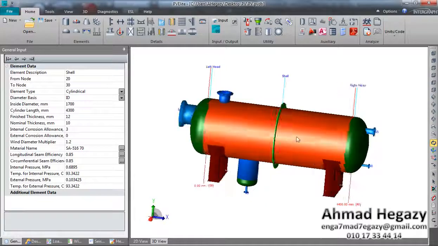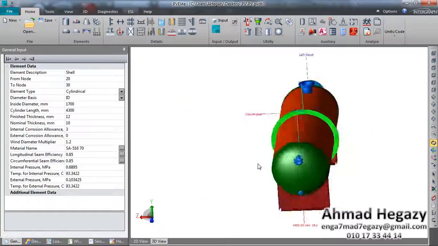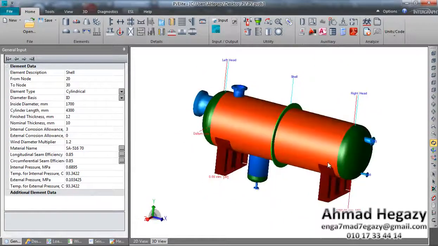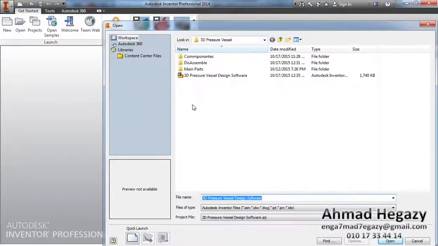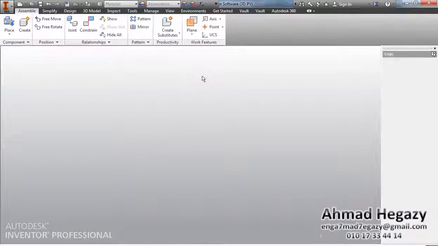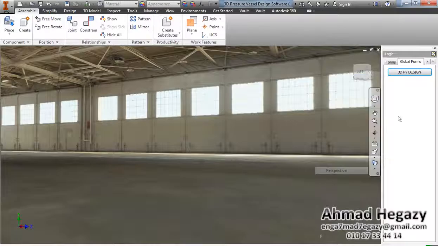In this video I will show you how to make a pressure vessel like that which was made on PV Elite by using 3D pressure vessel design software. Now we will open Autodesk Inventor. After that we will open the 3D pressure vessel design software model, and from the 3D pressure vessel design dialog